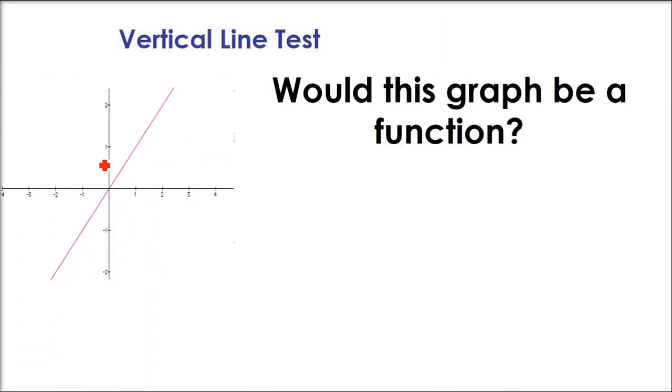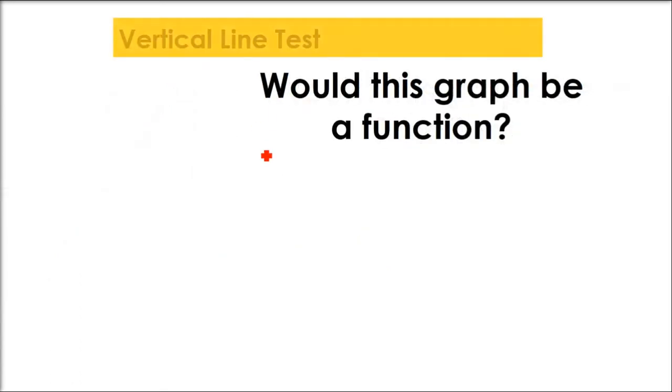Let us take an example. Now I'm taking a pencil here from -x to x, left to right. Wherever this pencil cuts the graph at more than one point, it will not be a function. That is, for a single x value, you are getting multiple y values, which is not possible in a function. Now you see, this has only intersected the graph at one point. So this is a function.